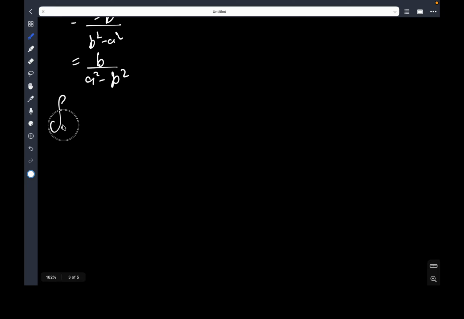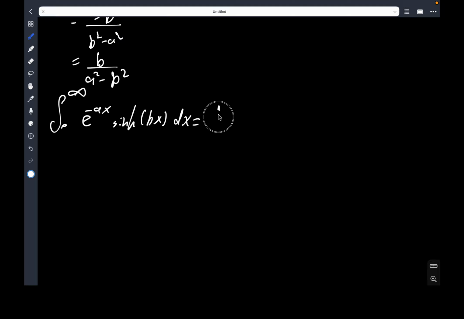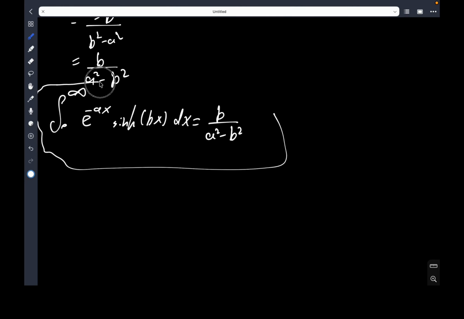Thus, the integral from 0 to infinity of e to the negative ax sinh of bx dx is equal to b divided by a squared minus b squared. And that is the final form of my integral, which is a Laplace transform. And we've proven that in this video, which was pretty much rough work, but hopefully you did